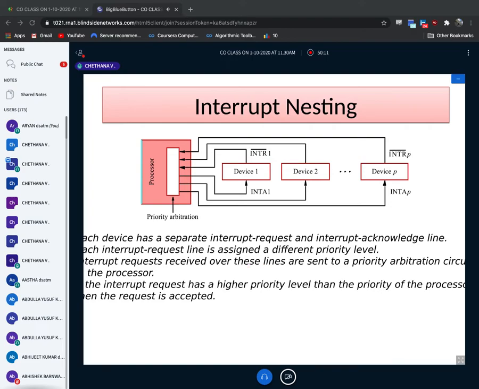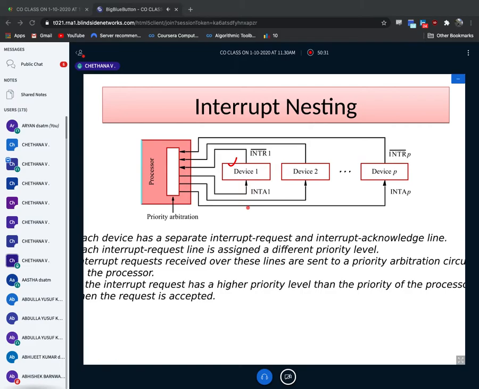So what does interrupt nesting mean? Just see here. We have device 1, device 2, and device P, like that. We have n number of devices available here. Okay, so now what I will do, interrupt nesting means this device, see device 1, it has